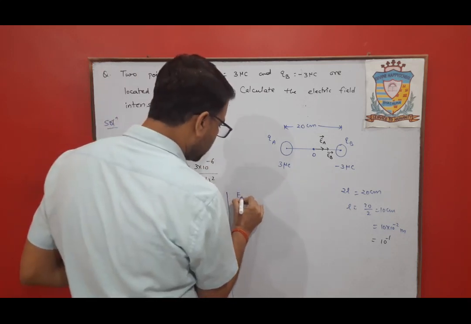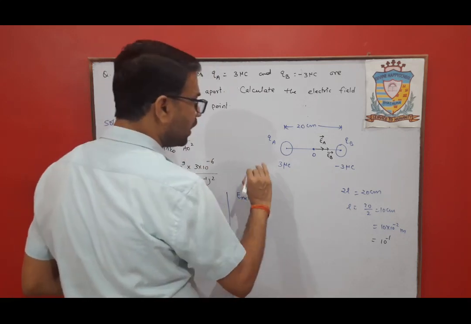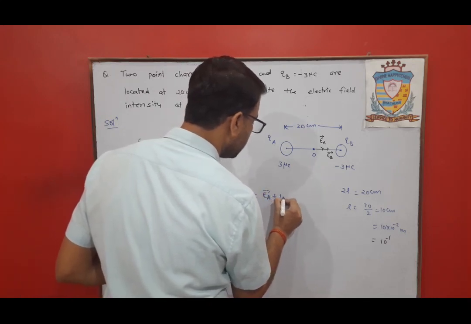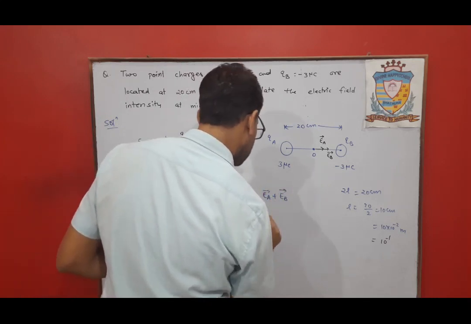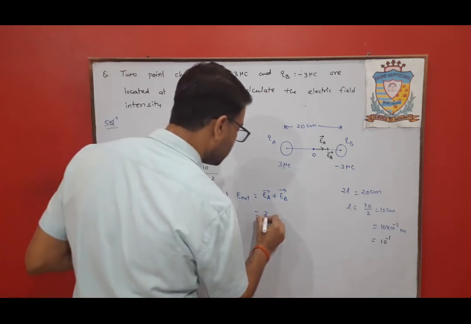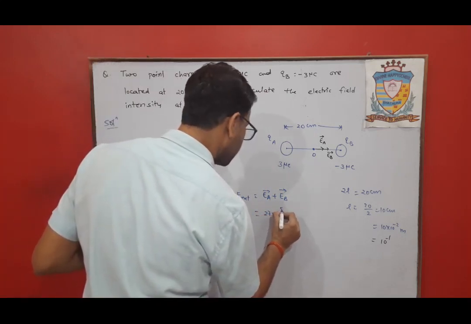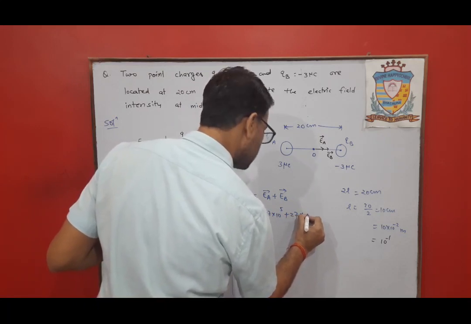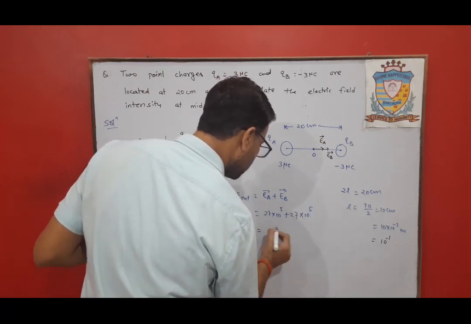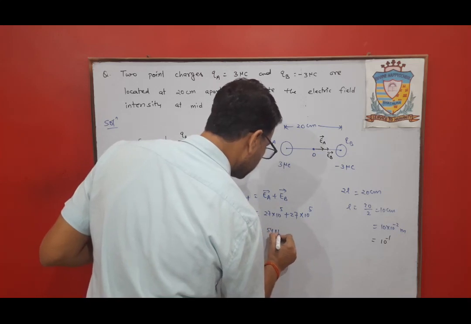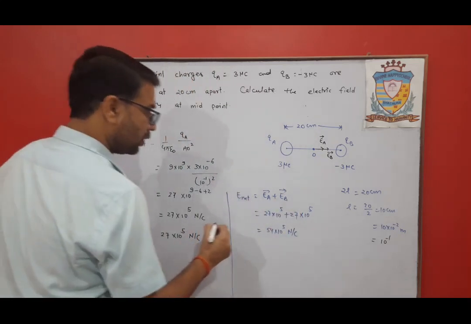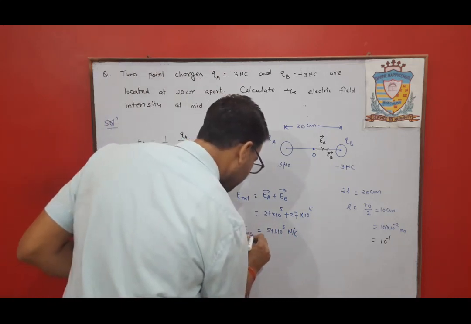So E net is equal to, if both are in the same direction, these two will be added up. So EA, that is 27 into 10 to the power 5, plus 27 into 10 to the power 5. So 54 into 10 to the power 5 Newton per coulomb. Okay. So the total electric field intensity,